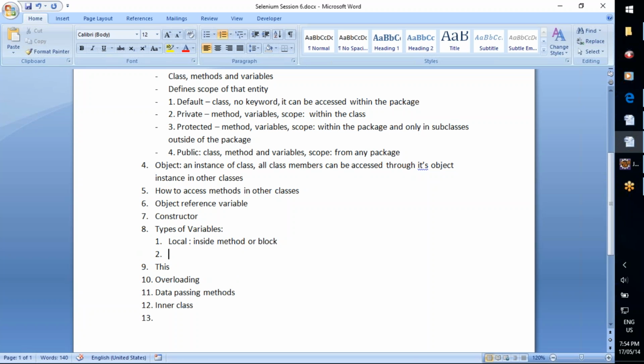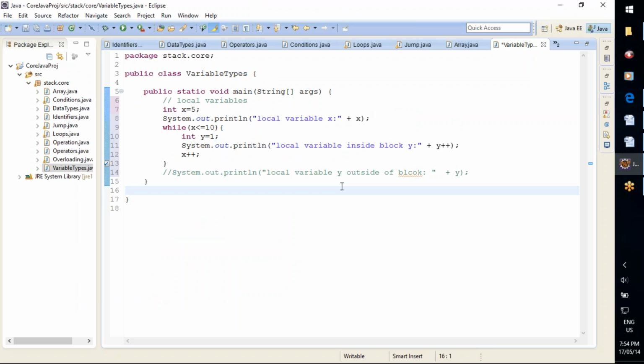Now the second type of variable is called instance variable or non-static variable. Instance variables are non-static variables. Where we define these instance variables? Outside of all the methods, not inside any method. Outside of all methods and inside the class. Here we can define. So let us say, for example, integer